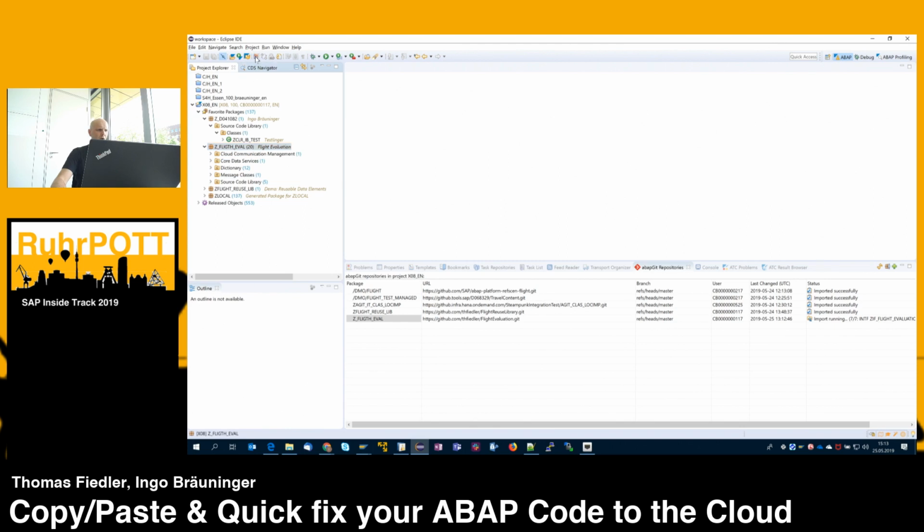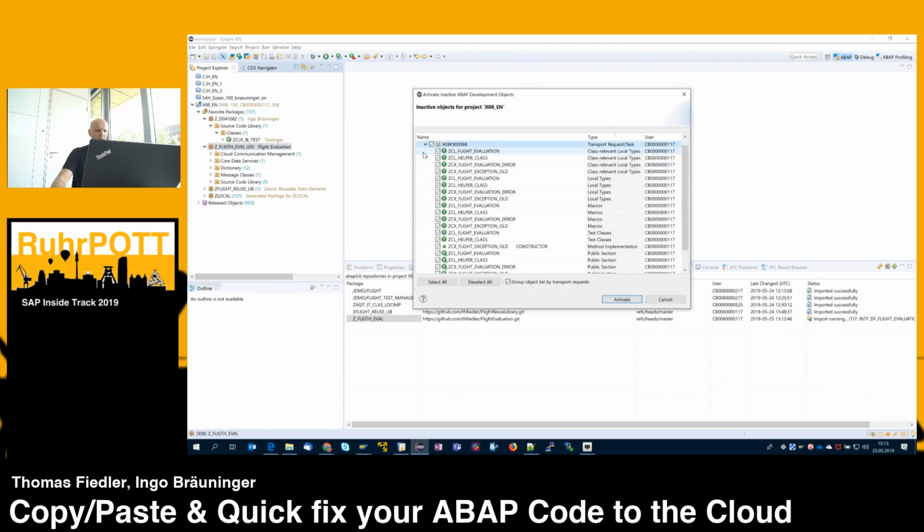With that, we now have all the objects inside our ABAP package. Of course, we still have to activate all the stuff. But does it mean you have no job possibility inside of the ABAP platform? No, you have, but this is implemented differently, as a new framework. So all the reports we have, we need to transform to something else.